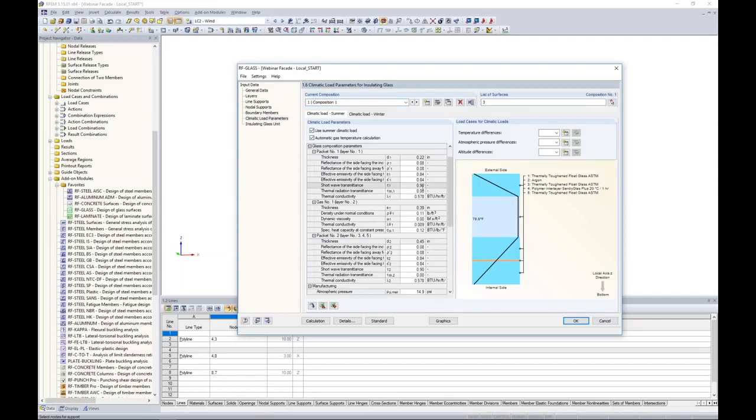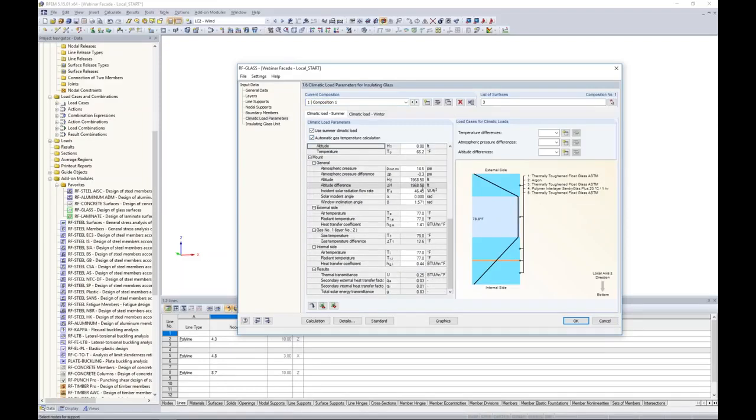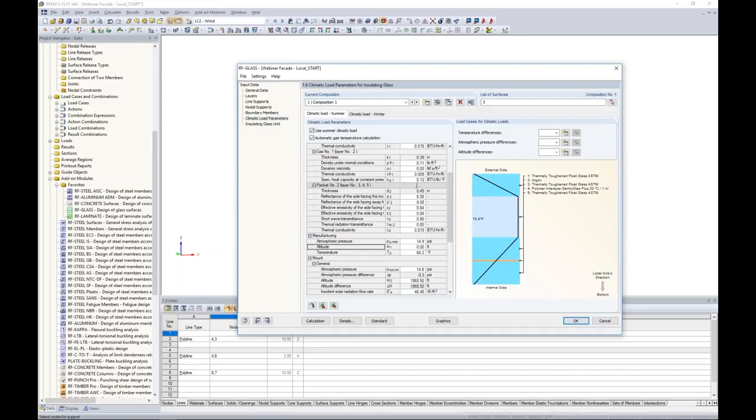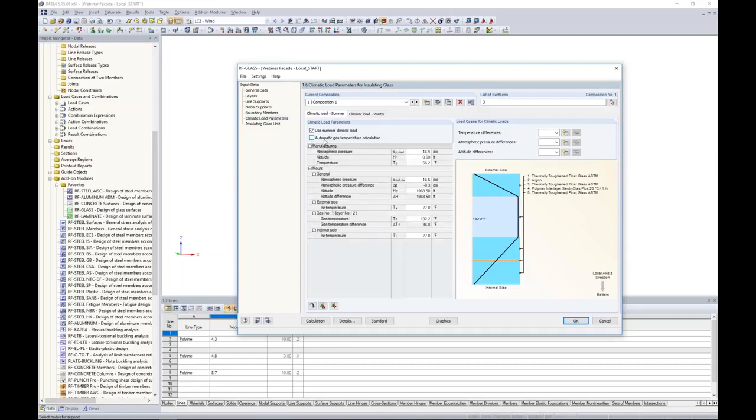This is pretty advanced. So unless you're a glass design expert, you probably won't be doing much with these options. So we'll leave this unchecked for now. I also do have a document, if anyone would like to see it, on how these gas pressures are essentially calculated within the program. So feel free to email us after the webinar and I can go ahead and send that back to you. So not to get too complicated within here, the first thing that we need to do